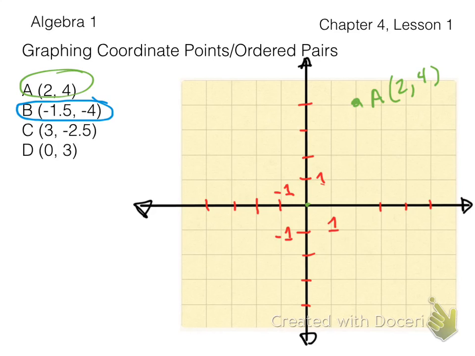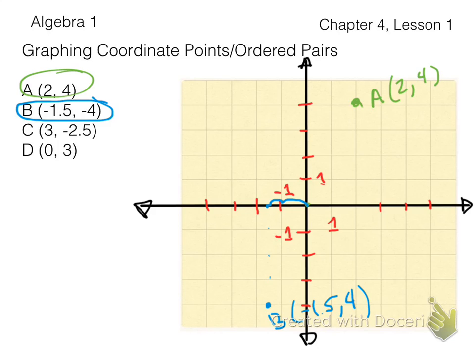And then the next point I'm going to do in blue, and that is B. So I'm going to start at the origin. We'll go negative 1.5 on the x because I'm going left to right with the first number, up and down with the second number. And then I'm going to go down 4, 1, 2, 3, 4, because the second number is the y. So there we go. That is the point B,